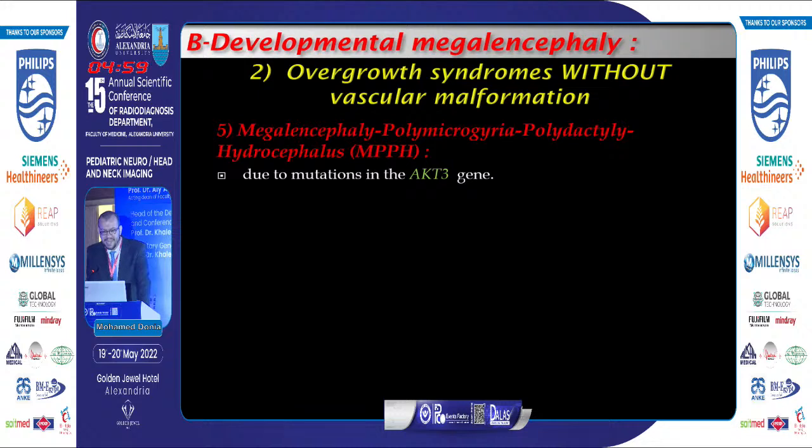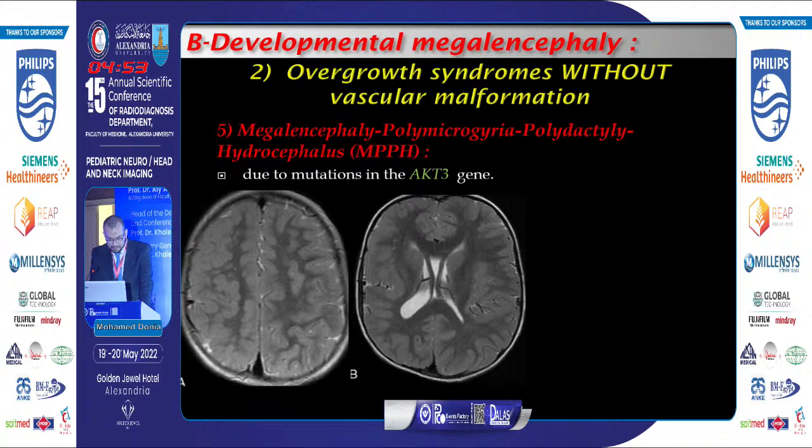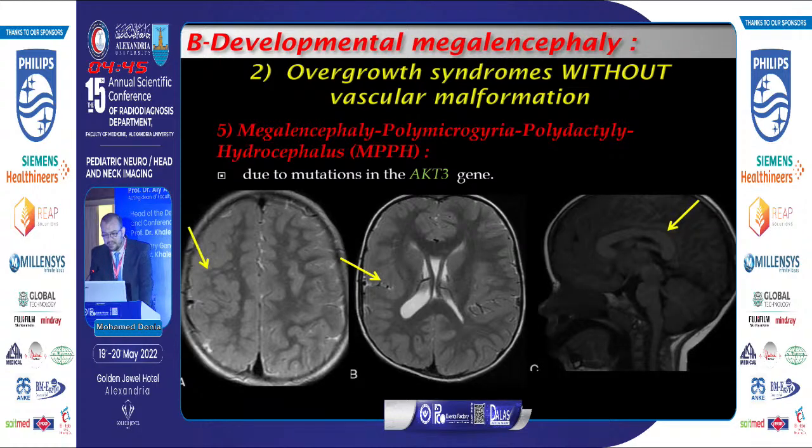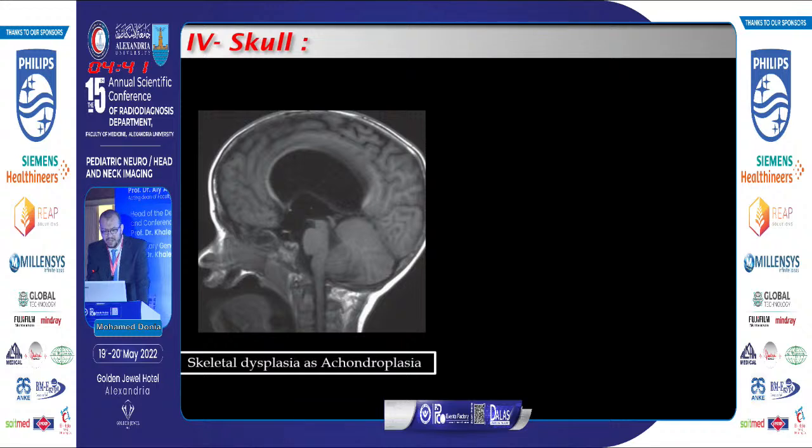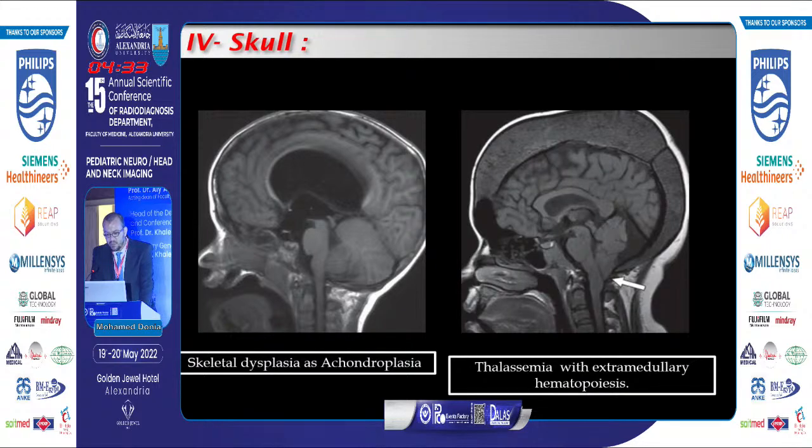The last one is megalencephaly, polymicrogyria, polydactyly, hydrocephalus, due to mutation in the AKT3 gene. Imaging showed left-sided hemimegalencephaly, right-sided polymicrogyria, and thickening of the corpus callosum and fornix. Lastly, in the fourth compartment of the skull, macrocephaly may be due to skeletal dysplasias such as achondroplasia or thalassemia with